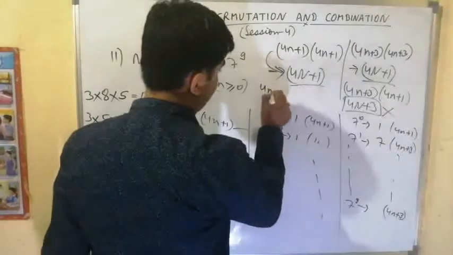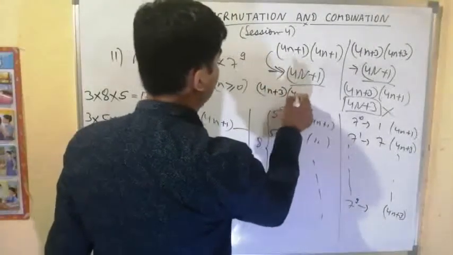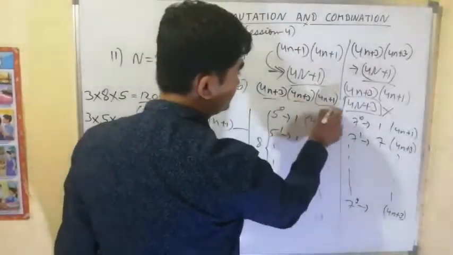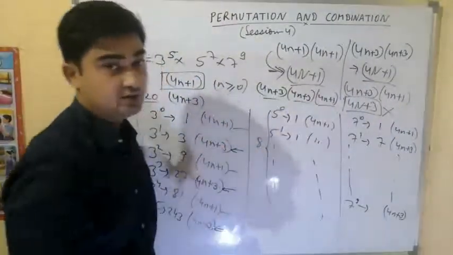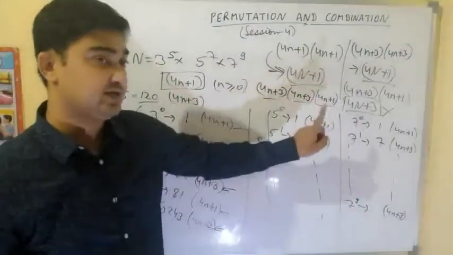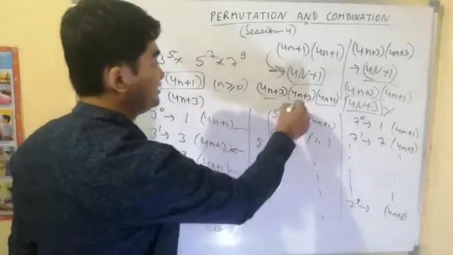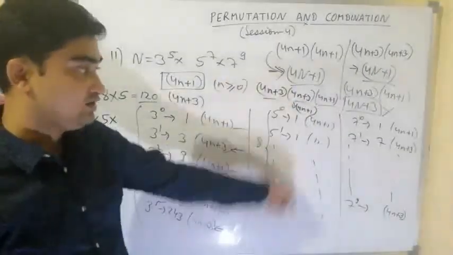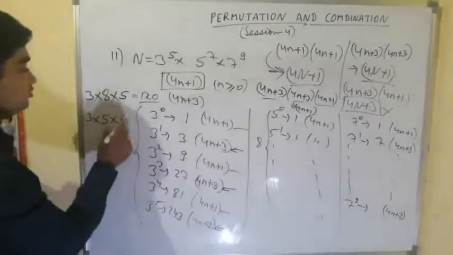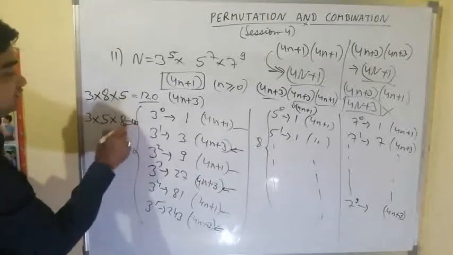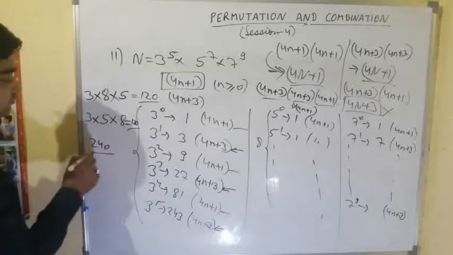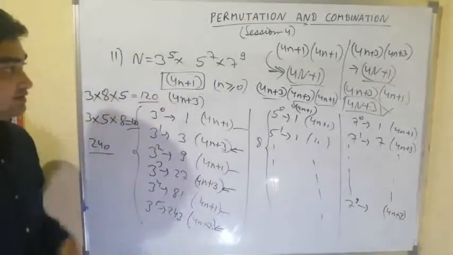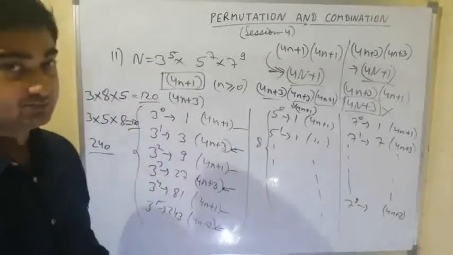So what I am saying is 4n plus 3 into 4n plus 3, what we have seen here, into 4n plus 1. If 2 are 4n plus 3 and the third one is 4n plus 1, then 3 into 3, 9 into 1 is 9, and 9 is 4n plus 1. So the final answer is 4n plus 1, which is acceptable. So here also we can take any one out of these 4n plus 1. So this into 8, which is 15 8s are 120. So total choices are 120 plus 120, which is 240. So total factors of the form 4n plus 1 is 240.